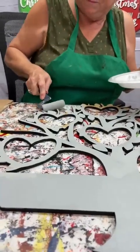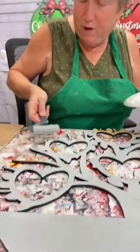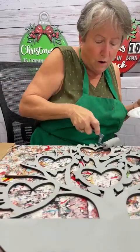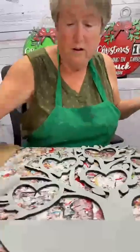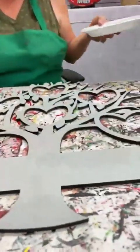And this is just a roller that you got from Home Depot. Yeah, you can get this anywhere you can find it. I go to Home Depot. Y'all, I don't know if I've said this before on camera. I live half a mile from Home Depot. So I go to Home Depot sometimes just because it is half a mile down the road. Now, hey, if Lowe's is closer to you, or Walmart or whatever you can do,